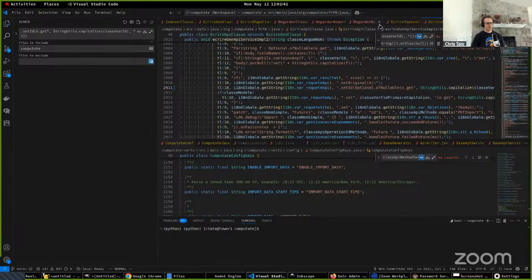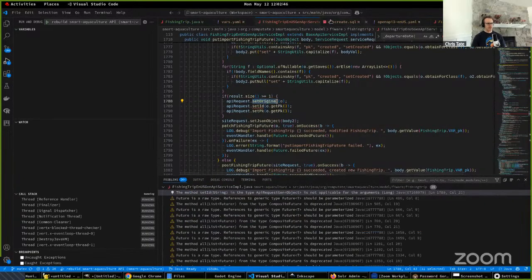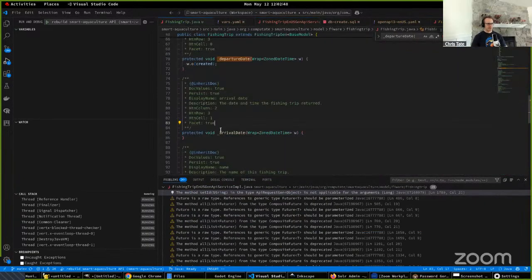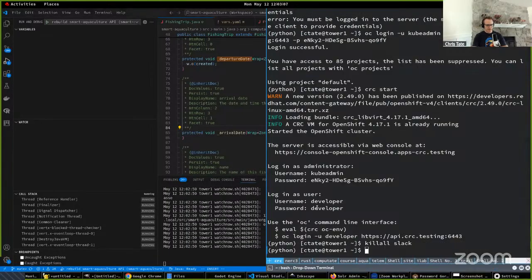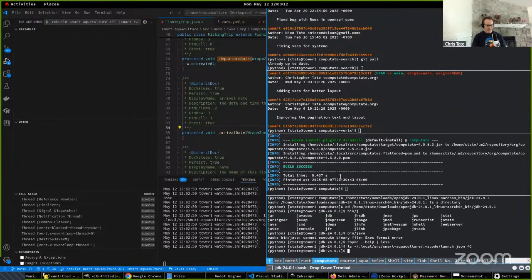All right, so I save that and then I come back here and I regenerate this fishing trip code and hopefully it'll resolve this issue. So we save it and then we need to wait a few seconds because it's not immediate. I actually have some plans to make this more efficient, but for now, we wait. But if it's going to write 10,000 lines of code for us, I think we can wait 10